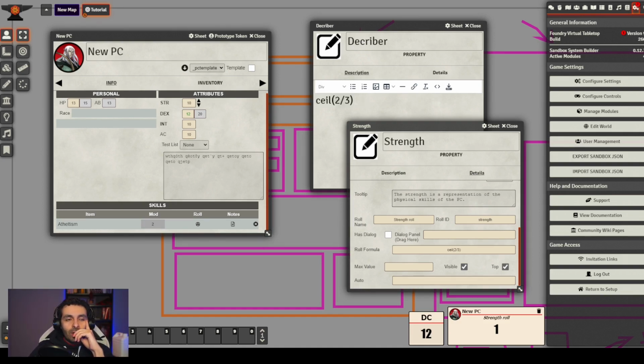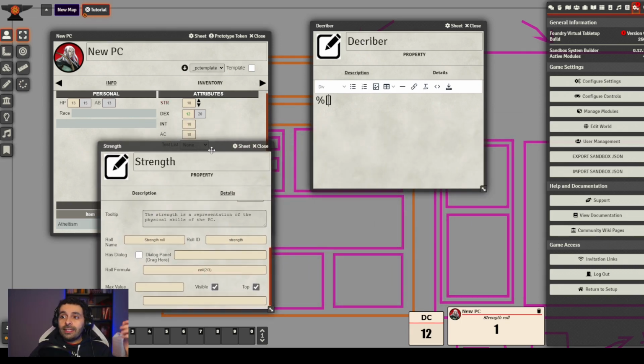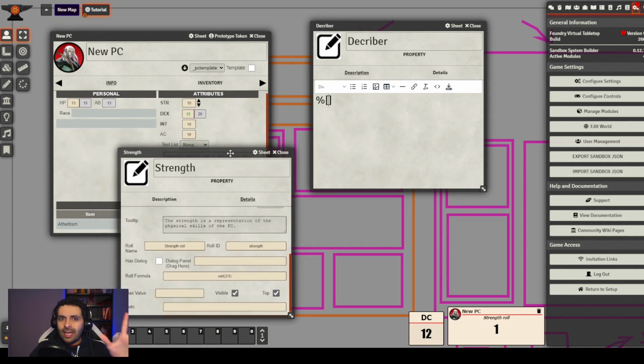Now this one that we're going to look at now is one of the most useful expressions in Sandbox, which is the percentage. This one is incredibly useful. Imagine that we have a system where strength is dependent on a table.